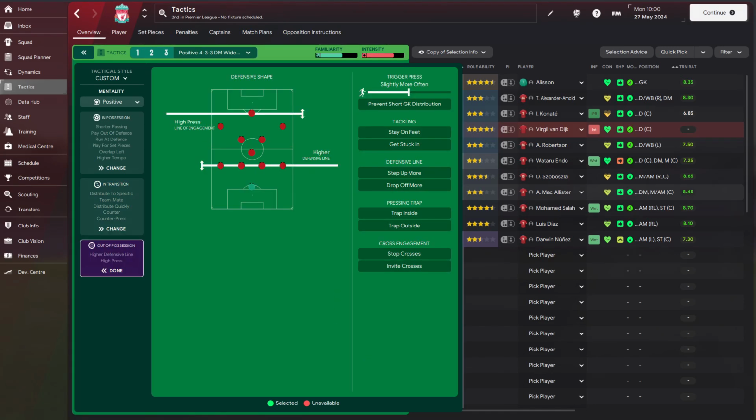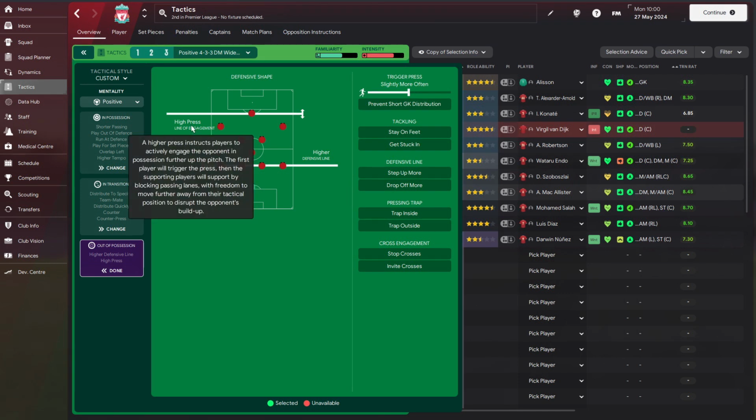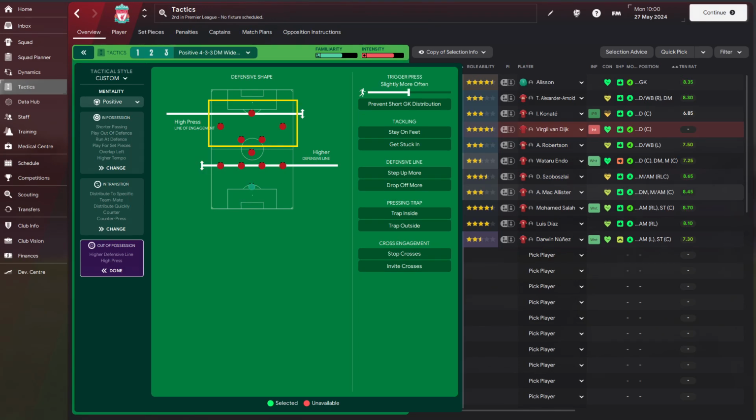Out of possession, I will go with a higher line of engagement and a higher defensive line. The line of engagement is the most important part here, as it defines where your team will start pressing, and this, in turn, defines which players are left behind if the press fails. In our case, the 3 attackers and the 2 midfielders may be taken out if the opposition is well versed in the art of passing from the back, leaving you to defend with 5 players and the goalkeeper on a